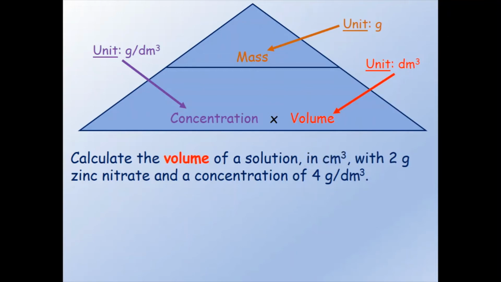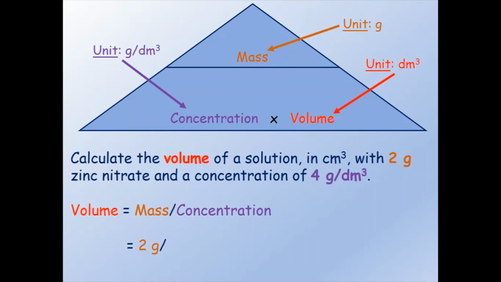We have to calculate the volume, so we can start again by writing volume equals. Then again we have to cover up the volume to know which calculation we have to carry out. So we are left with mass divided by concentration. The mass in this question is given as 2 grams, and the concentration is 4 gram per decimeter cube. So we get 2 grams divided by 4 gram per decimeter cube, and this gives us 0.5